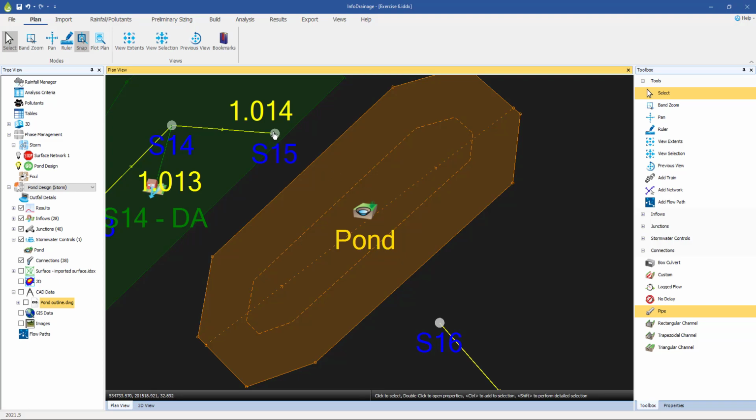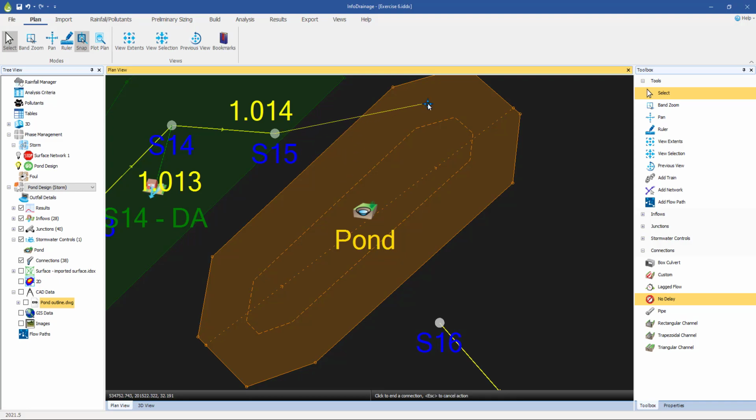So if I was doing this as a real project, I would probably put a pipe in here. I would concentrate on getting the upstream and the downstream invert level correct. It would enter the pond just past the perimeter. But to be honest, we've dealt with pipes. We know how to design pipes, how to specify pipes. So I'm just going to use what I think is probably the quickest and easiest thing, which is a no delay connection. So I drag that no delay to the manhole that's immediately upstream of the pond,